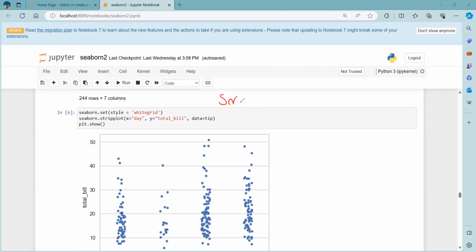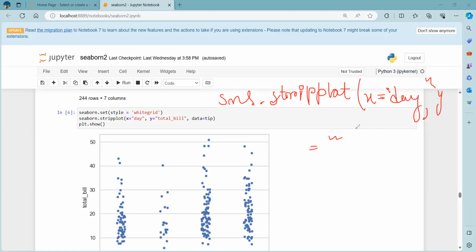So SNS dot strip plot, x is equal to day, y is equal to total bill,